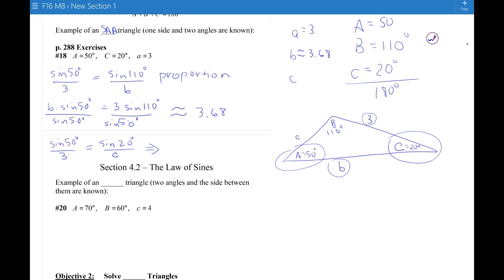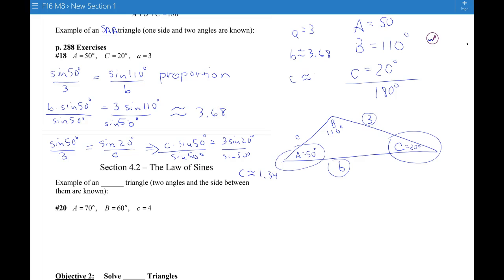So again, we have a proportion. So that says c times the sine of 50 degrees equals 3 sine of 20 degrees. And dividing both sides by the sine of 50 degrees, we get that c is approximately equal to